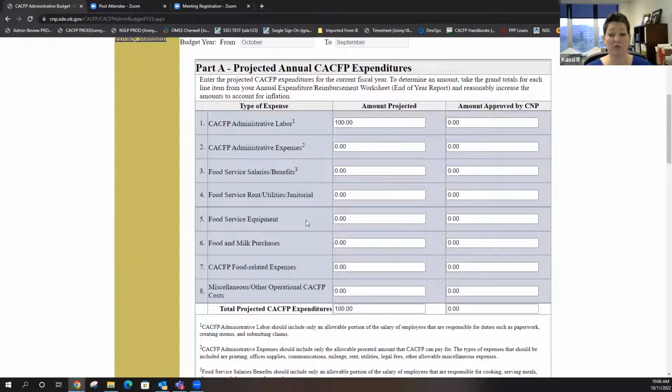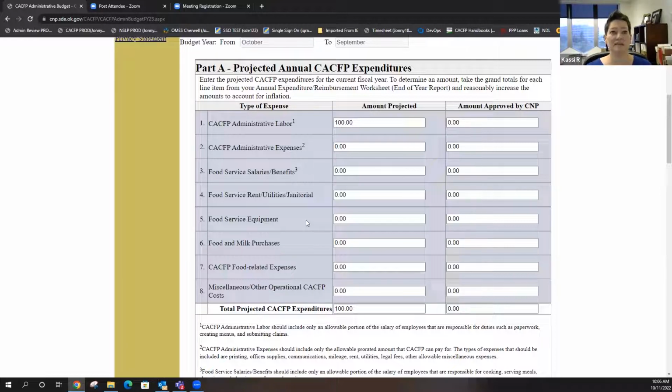And we don't care what 12 months you're giving us. If you want to give us your last finished fiscal year, that's fine. If you want to give us your most recent 12 months, that's fine. We don't care, because it all comes out in the wash anyway. So if you operate January to December, your last fiscal year would be last year, and that would be adequate if you sent us that. But we don't care as long as it's 12 months, or however many months you've been operating, if it's less than 12 months. If you take those amounts and inflate them, that's going to give your projected amount.